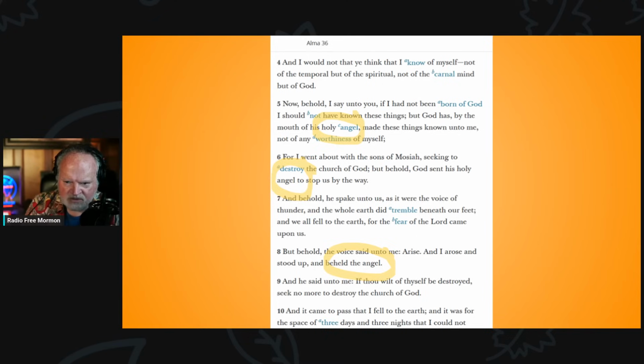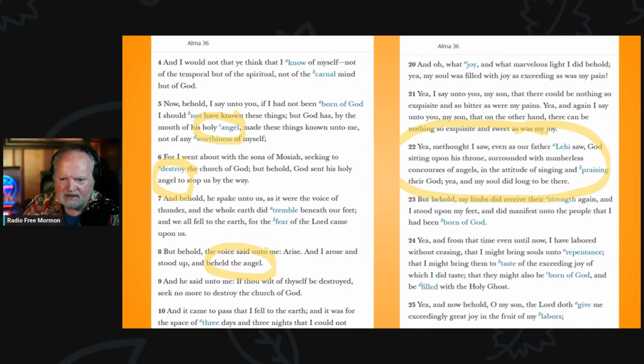So you can see the three mentions of the holy angel. There's a holy angel mentioned once in verse 5. The holy angel is mentioned again in verse 6. And the same angel is mentioned again in verse 8. So there are three angels in the first half. And I suggested to him that this balanced out the chiastic structure. And also, you were using more of the text in Alma 36 in your chiastic structure, which strengthens it. So I think that John was pretty excited about that. I'm not sure it ever got included in any of these other versions you'll find on the internet. I looked for one that had angels in it, did not find it, but I think that's an excellent addition